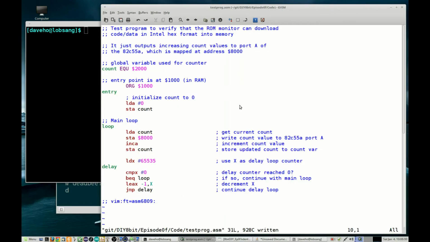Before we show a demo of the monitor program in action, let's talk about our test program. What the test program does is it has its entry point at hex 1000, which is in RAM. It repeatedly, starting from 0, outputs the value of a counter variable to port 8000 hex, which is port A of the 82C55A, and then increments the counter and then does a delay and just does that over and over again. So if this program is executing, essentially what we should see is steadily increasing counts output to port A